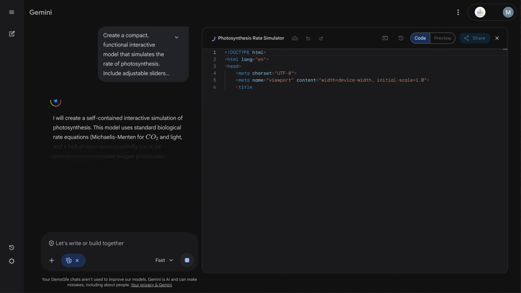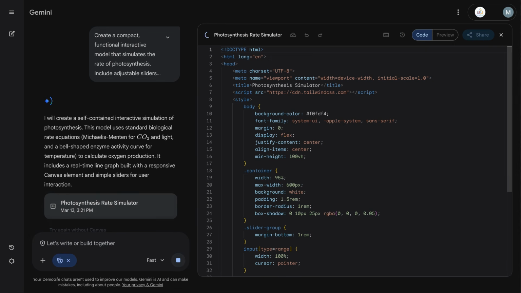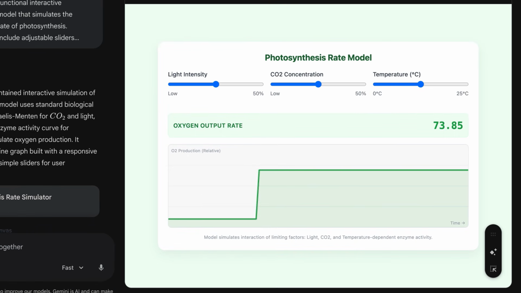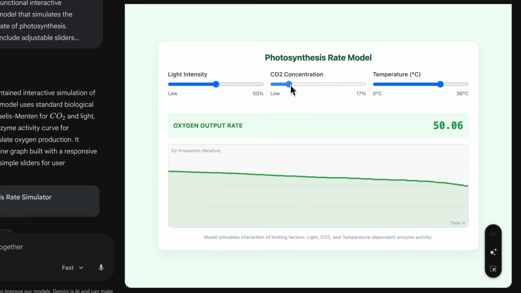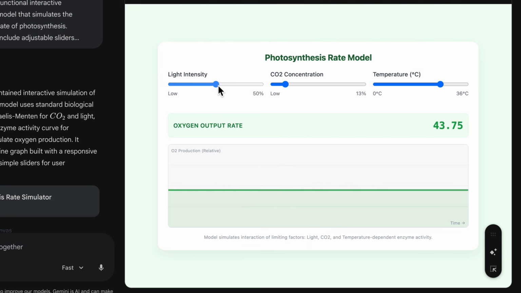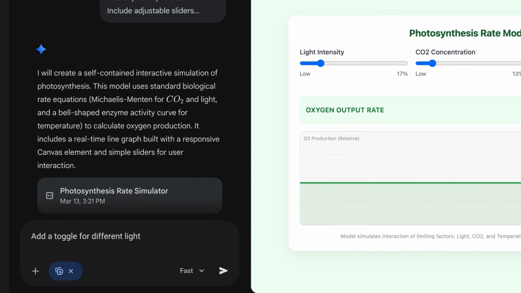Notice how Gemini instantly writes the underlying code for the model before rendering the interactive dashboard in the Canvas side panel. This moves students from passive observation to active hypothesis testing, letting them see the immediate impact of limiting factors on a system. To extend this idea, why not ask Gemini to add a toggle for different light wavelengths to